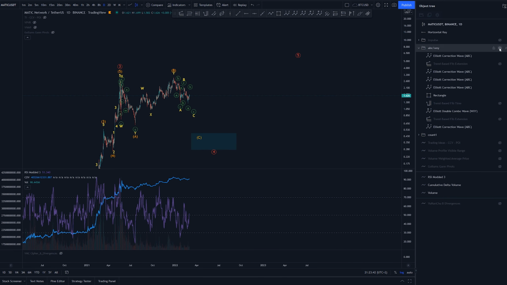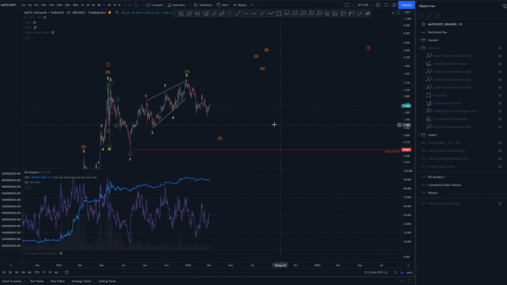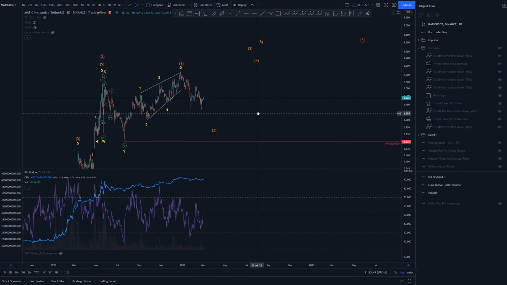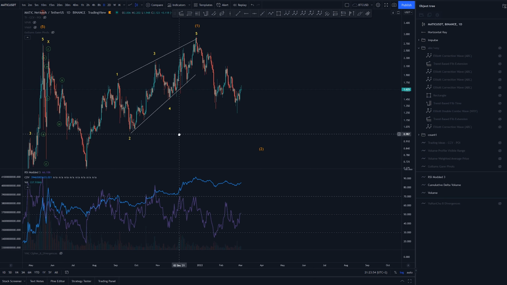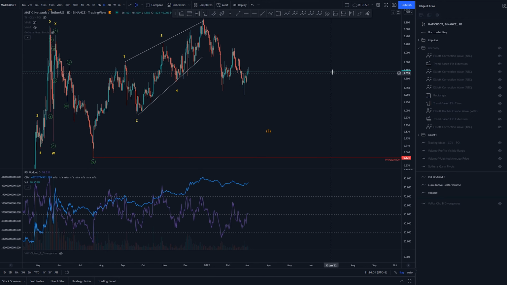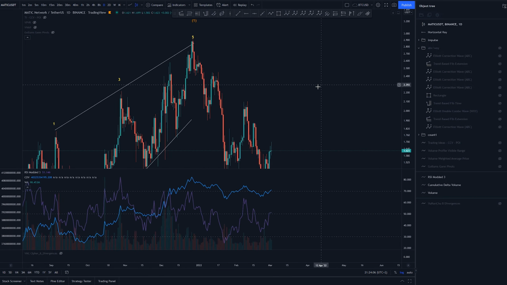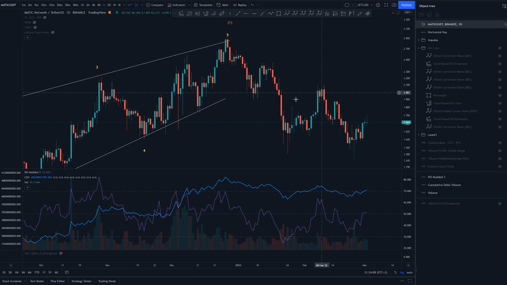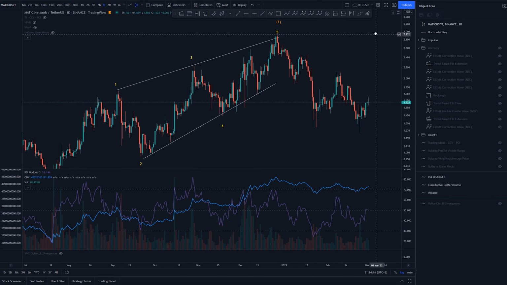Now, I still got another count for you that I really don't like, but I decided to show you in any case. But for some reason I can't really fit this perfectly up in here onto this count. So this is just an impulse diagonal into 1, and the price action that fails this count the most is around here. The price action should consist of in leading diagonals with